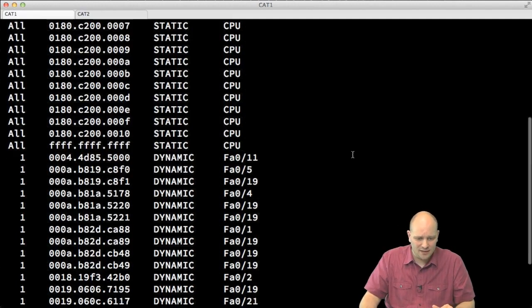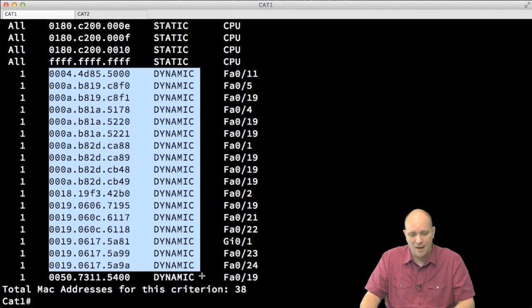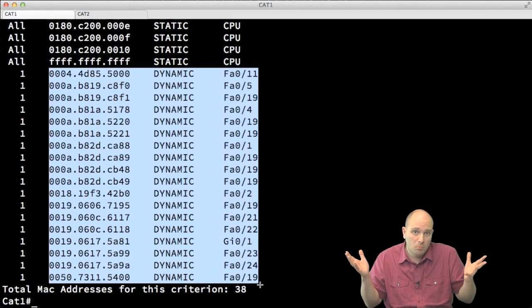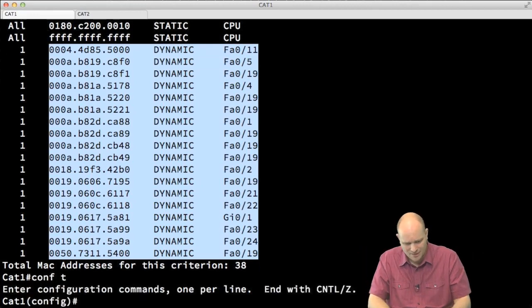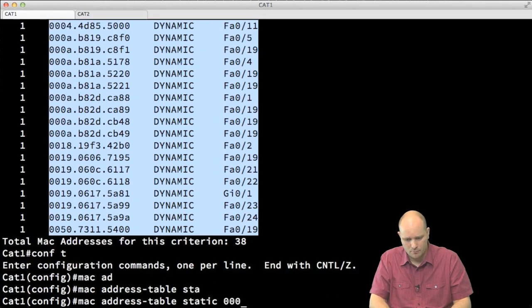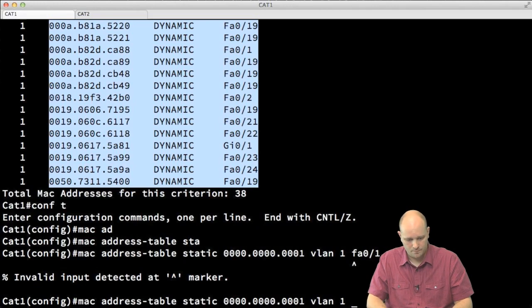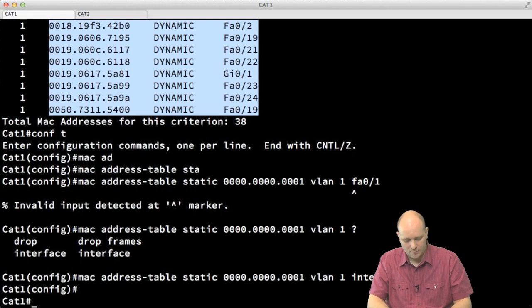And here I can see that in our VLAN 1, I have some number of dynamically learned MAC addresses on different ports. But I can also tell my switch that, for example, I have MAC address static, and let's map some fictitious MAC address here to VLAN 1 to port number 1. So now, if I take a look at my